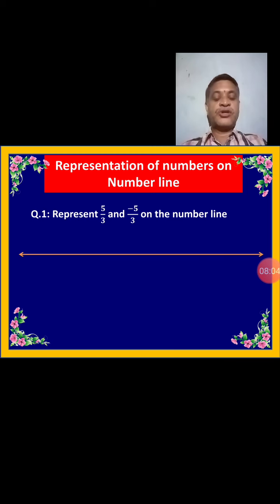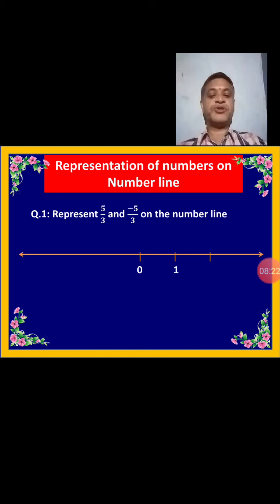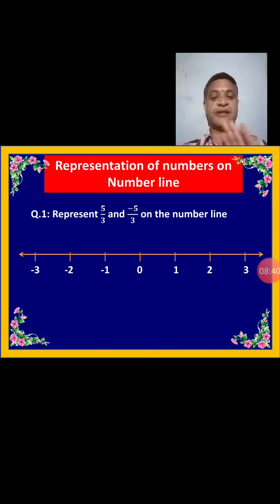Let us see. First you draw a line. This line is called the number line. Then immediately you locate 0 on that number line. So in the middle I put 0. Now you write 1, and at equal distance from 0, 1, you get 2, then 3, and -1, -2, and -3. First you put these numbers. So this is an integral number line. Now there are only integers on that number line.